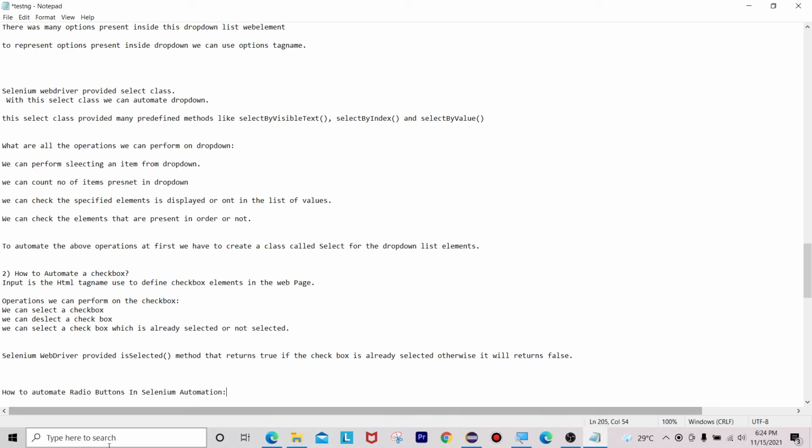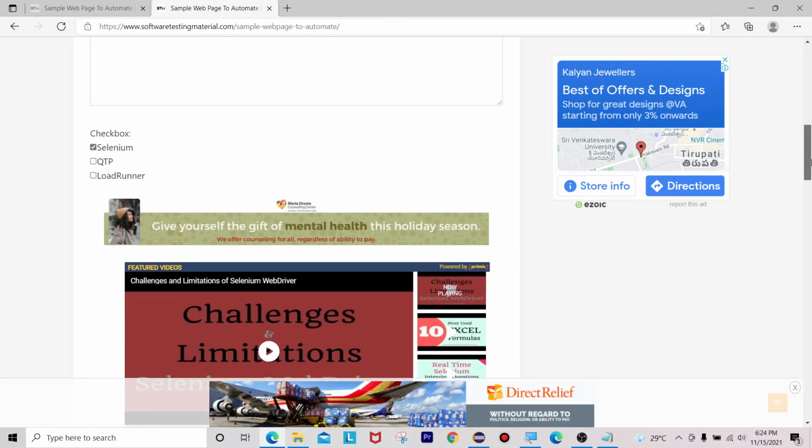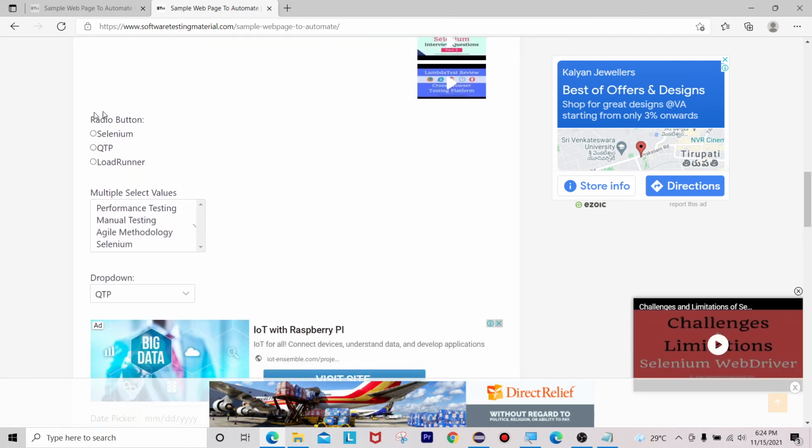For that you can see here, let me close this HTML window. You can see here we have 3 radio buttons where we are able to click on each web element, each radio button. Also, can we deselect? No, it is not deselecting, it is only selecting. Okay, let me refresh.